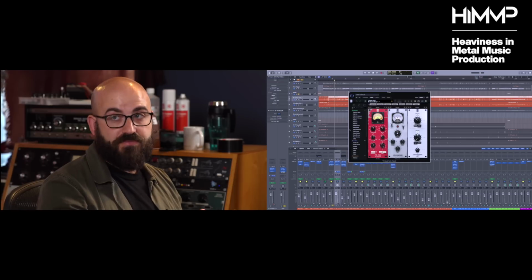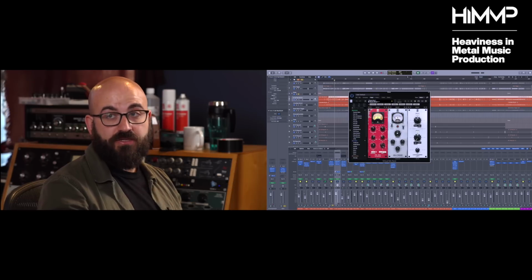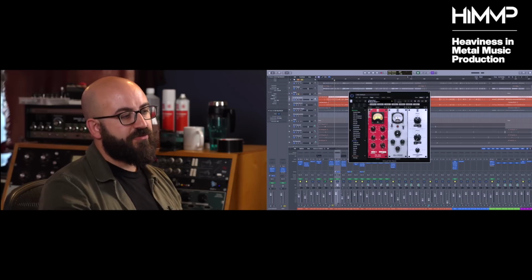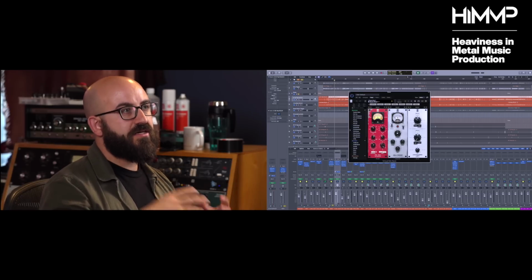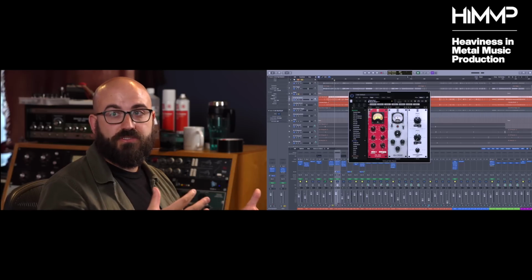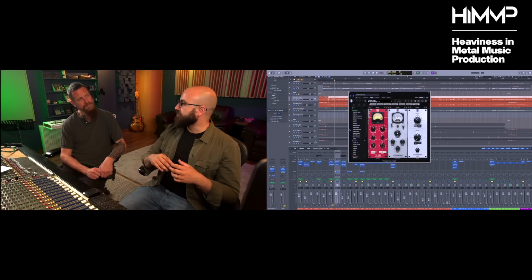It could be a ringy sound, which is not my typical approach. I tend to get it more from room sound, whether it's sampled room or real room, and to an extent reverb. Some people lean really heavily on the reverb and none of the other things. But for me, I like the carry of the snare drum to be that kind of explosive room sound. And I don't really go for much ring on my drums.